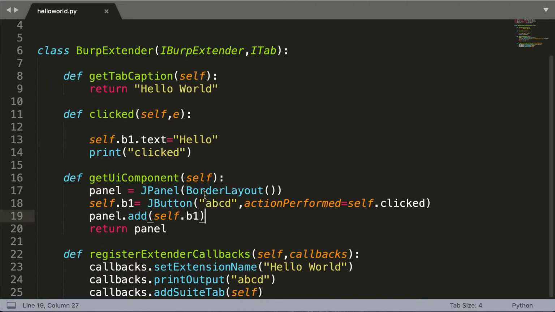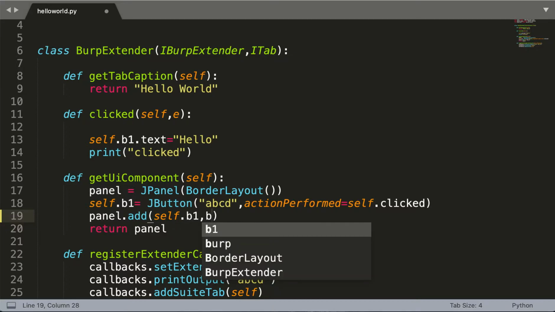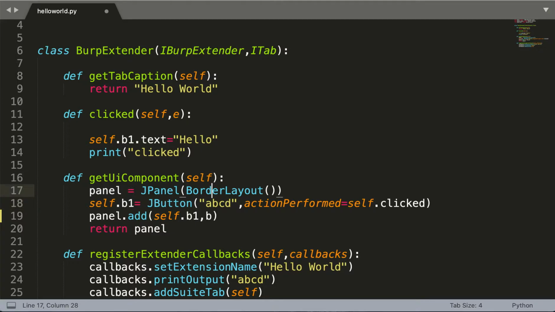We have already created this border layout. What we'll be doing is adding this border layout, where it is, border layout dot north.